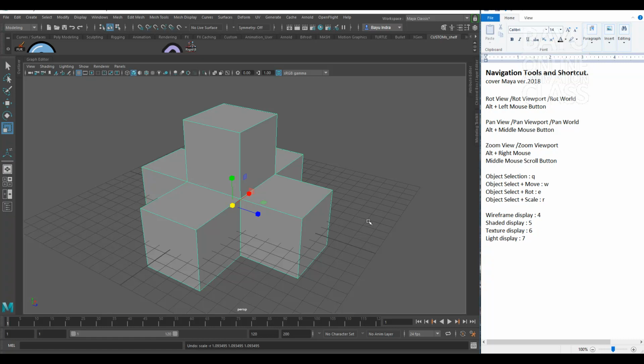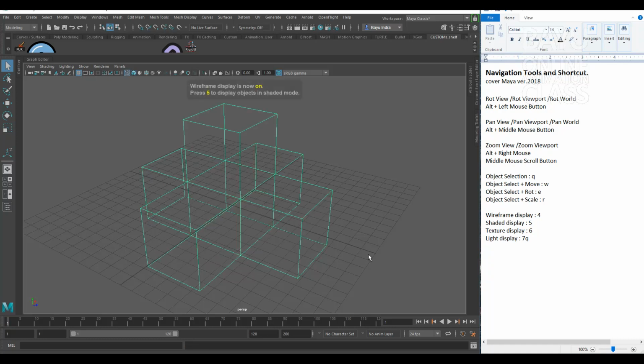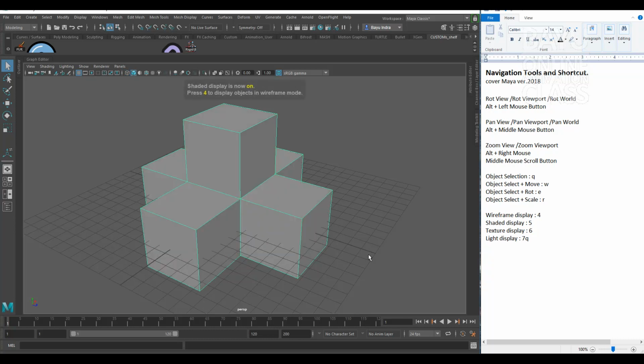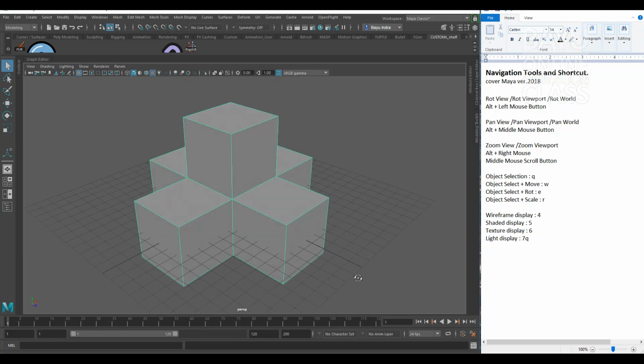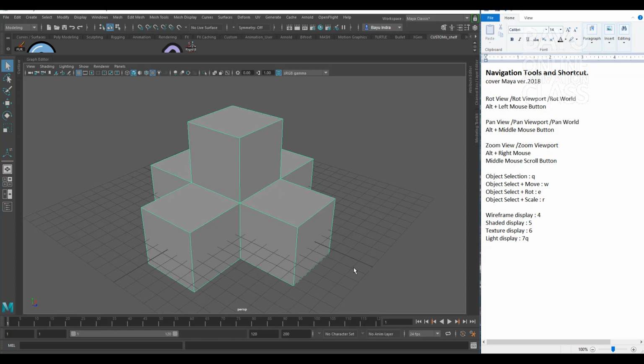The last part, the last session, is the display navigation. Okay, like I wrote in here, wireframe display. Okay, on wireframe display, we just press 4, and you get wireframe display, 5 for shaded, okay, 6 for texture, and in this scene you can't see any texture applied yet, because I didn't apply a texture yet on this object. Okay,